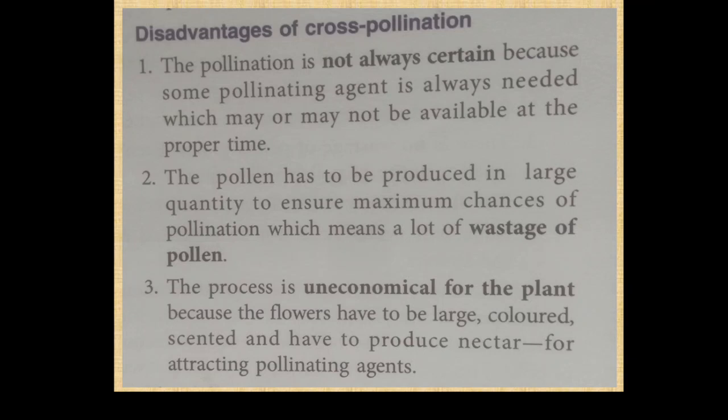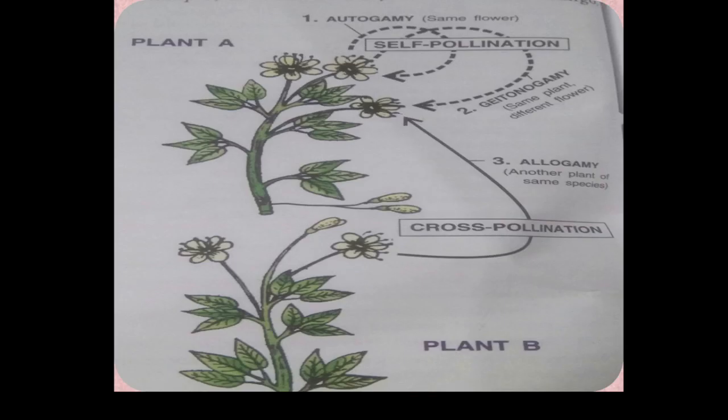Suppose it falls in the water and becomes wet, and fungus makes a kingdom on this seed, and it is wasted. Like this, many pollens are also wasted. Air pollinated pollen grains may fall on the ground and be destroyed, so there will be wastage of products. It is also uneconomical because flowers must be large, colored and scented, and produce nectar to attract pollinating agents. So this is a